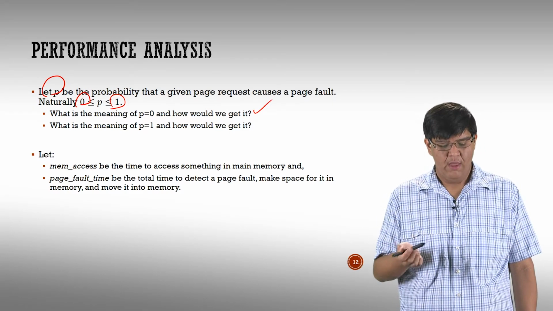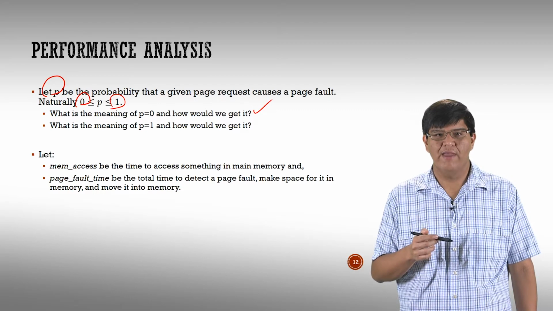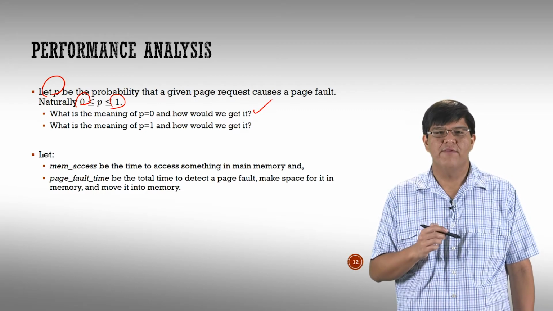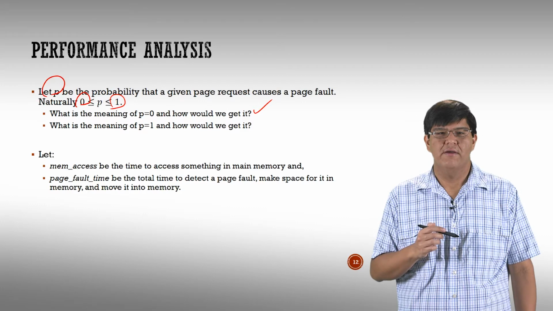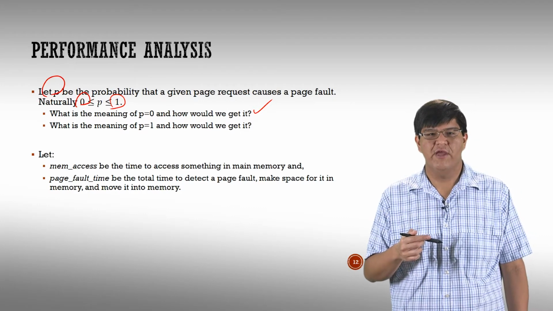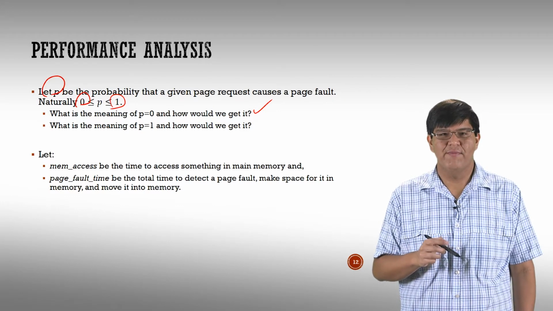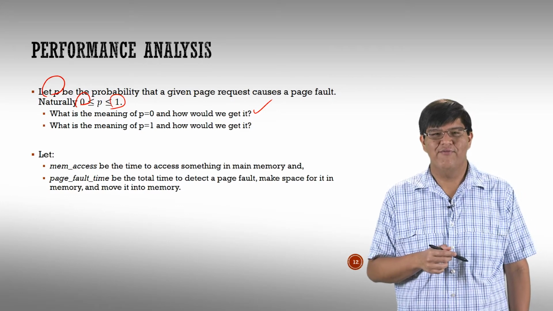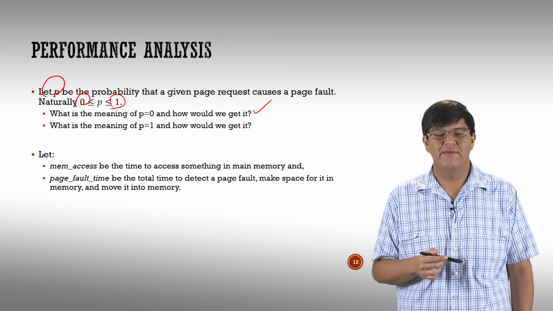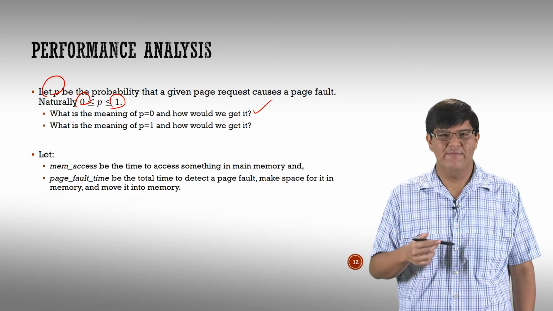Second question for you guys: what is the meaning of P equal 1, and how would we get it? Think about that for 1 second. P equal 1 basically means there's a page fault every single time. So there's a 100% chance of a page fault. You'd get that in a system where you just have memory for one page. If you can only load one page or one frame at a time, then every time you access something, you're going to be constrained. You're going to have to keep on flipping out things, and it's going to be very, very